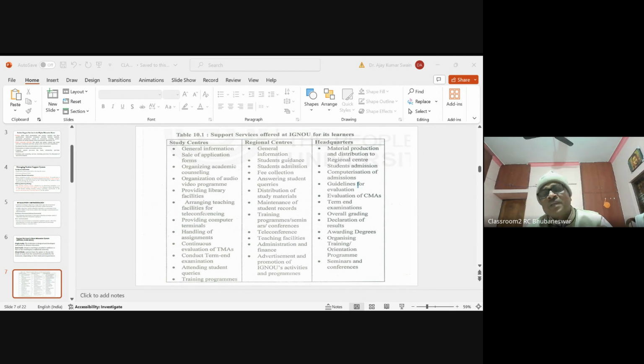I have also completed three programs in IGNOU: PGJMC, Post Graduate Diploma in Journalism and Mass Communication, then PGDEMA, then a master's degree program. As a learner IGNOU is a very good platform, and as a counselor I experienced this platform is very nice. The organization's activities are very fine. Then we can proceed to